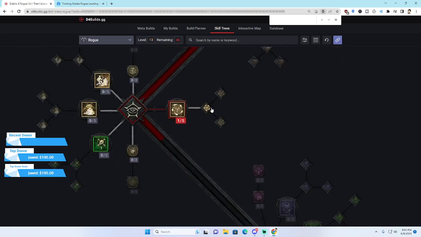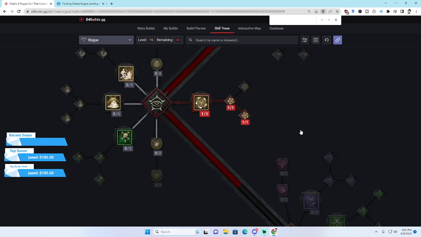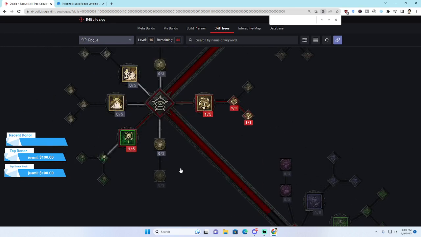Then we're going to get Enhanced Dark Shroud. It gives you a chance to not consume the Dark Shroud. And then we are going to grab Subverting Dark Shroud, which gives us movement speed per stack of Dark Shroud. And we're going to grab Poison Trap, which is